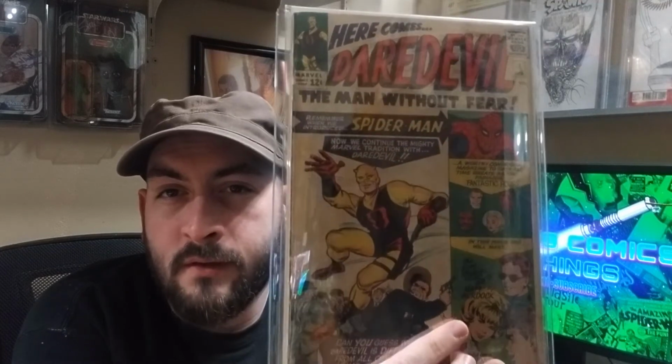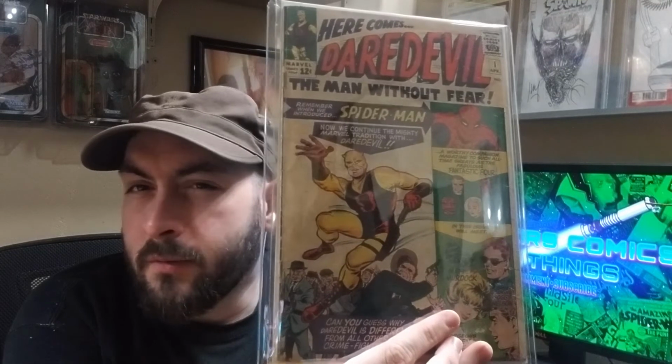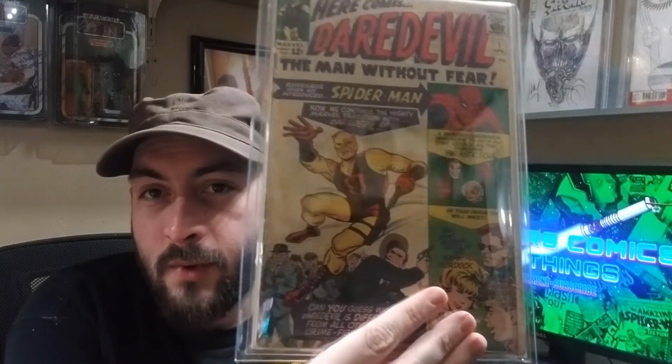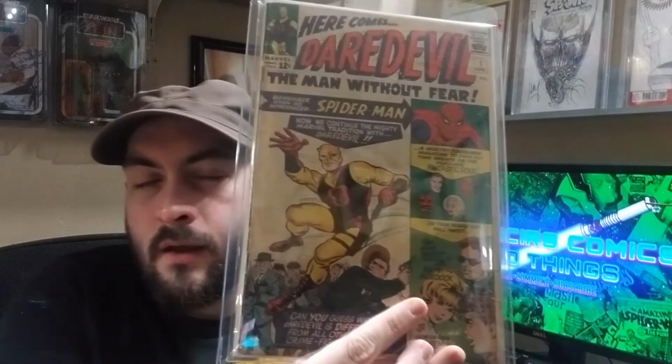I've already cleaned it. I'm debating whether or not to press it, because I'm not sure how strong that spine really is. I'm not sure a press would help it all that much. I've asked a few people. They kind of agree with me, but I don't know. Might just keep it as is. I'm not submitting anything right now with the way things are going anyway. I think it's probably about a 2, 2.5, maybe a 3 on a good day. It's got a little tear right here. But